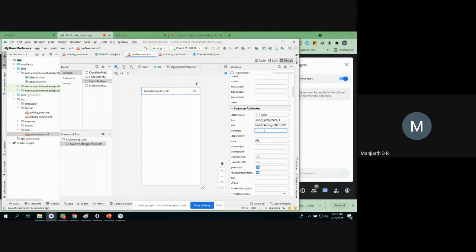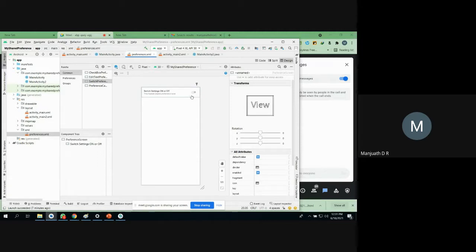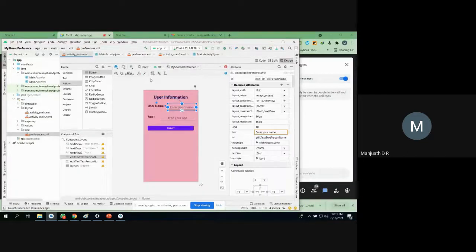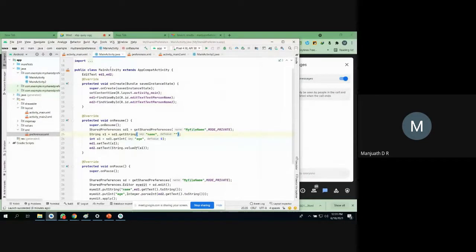You can set the summary of the information also, what it is going to do. For example, this feature enables preferences save, something like that. And these are all not needed information. If you want, this always appears in your mobile phone in the top application bar. So whenever you want to switch this on, you have to do a little modification to this code so that it avoids adding this particular code in order to save the information. So both ways you can do it.